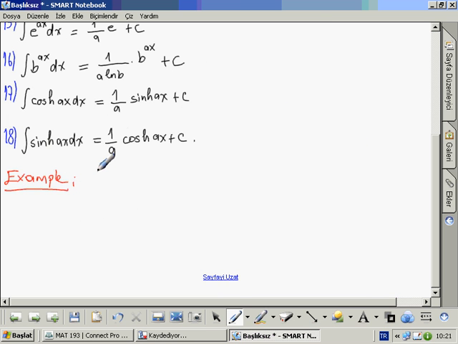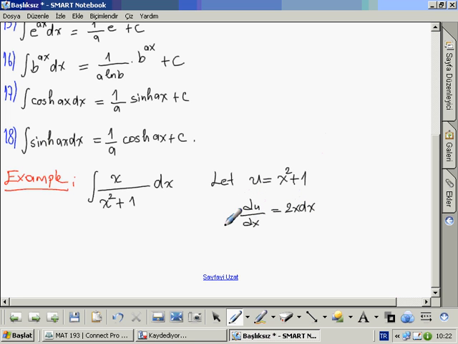Example: the integral of x over x squared plus 1 dx. Using the substitution rule, let u equal x squared plus 1. Then du over dx equals 2x, and as you see, x dx will be